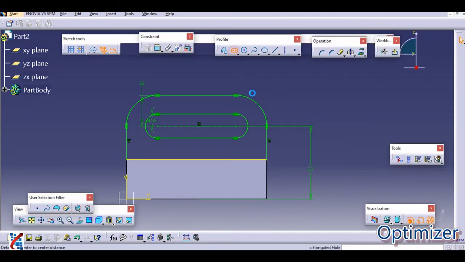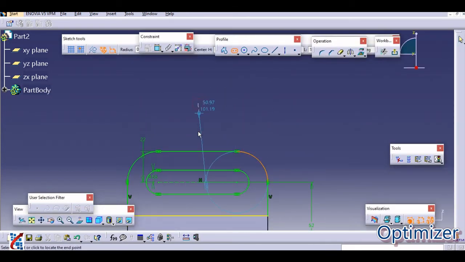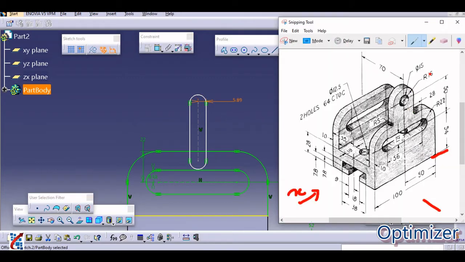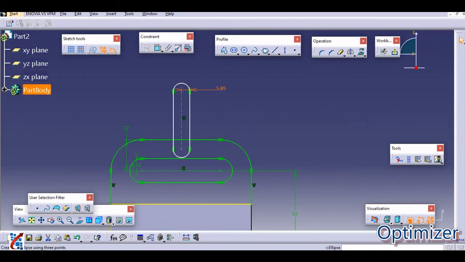Okay, now last part, you need to draw this part. So this part, how to draw this one? Again you can use an elongated hole. I'm going to draw this to this like this, and now I'm going to draw here. Now the outer diameter is R16 and inner diameter is R15, and this total distance from this center is at 50 mm. So how to draw that one?